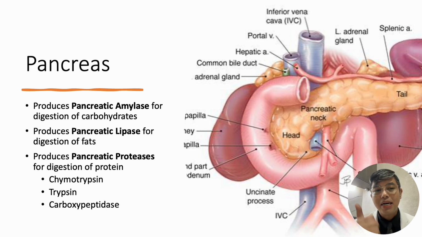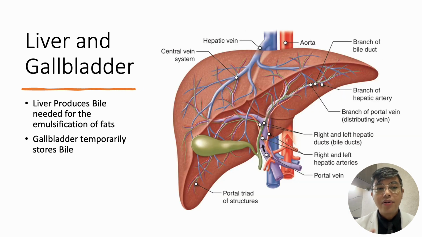Okay? So maliwanag. Again, pancreas needed for the digestion of your 3 major groups of nutrients. You have your carbohydrates, your fats, your protein: amylase, lipase, proteases, respectively. Now, let's now go to your liver and gallbladder. In your liver and gallbladder, found at the right upper quadrant of your abdomen, remember that your liver will produce your bile, okay, for the emulsification of your fats, and your gallbladder, ang kanyang silbi will only be storage, okay, storage of your bile.